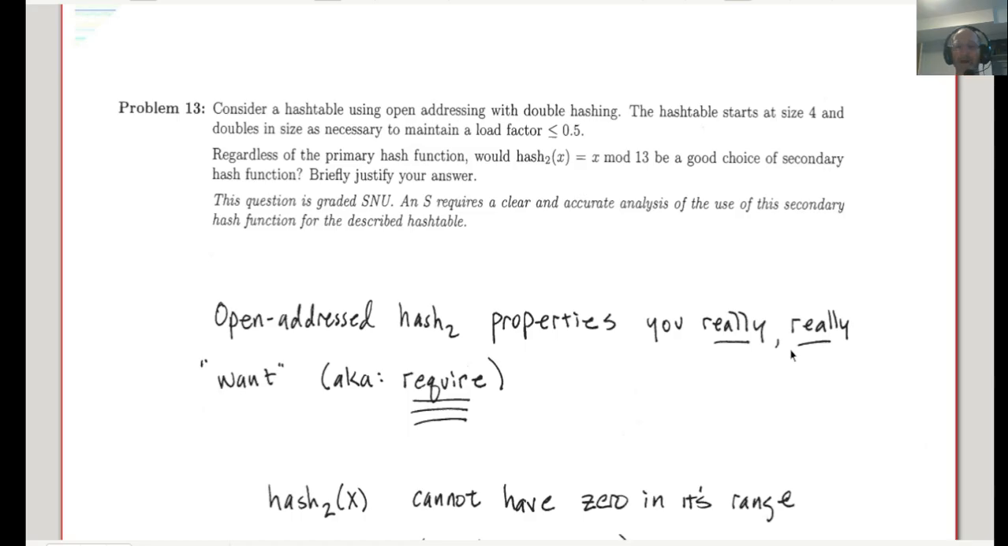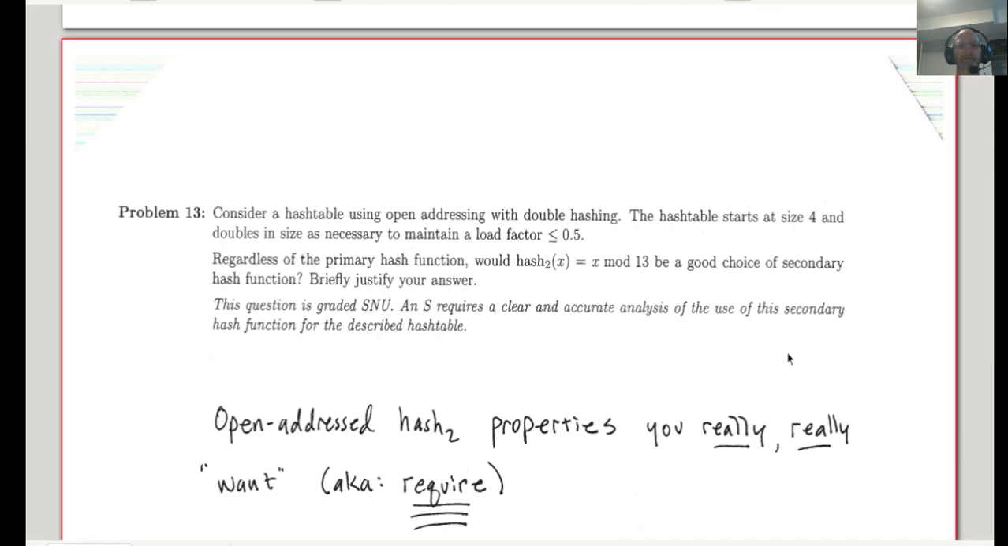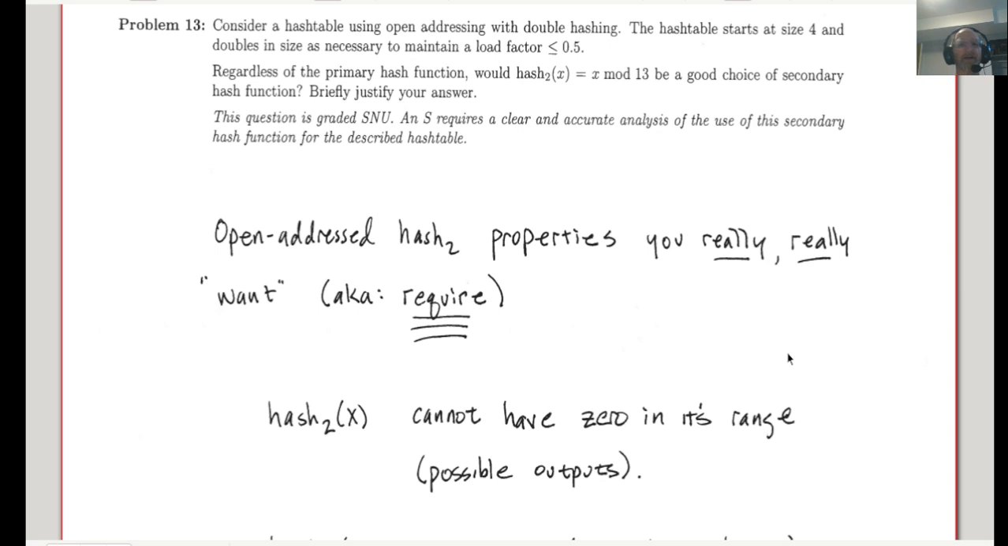Problem 13, and if I'm not mistaken, this is the last problem of Module 2 and the last problem of this video review. We have a hash table using open addressing and double hashing. Hash table starts at size 4 and doubles in size as necessary to maintain a load factor of less than